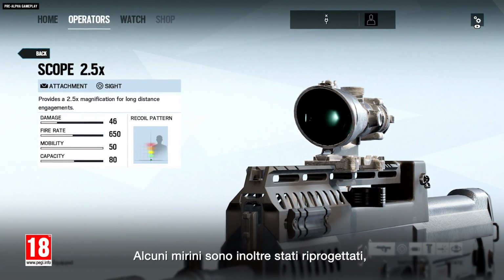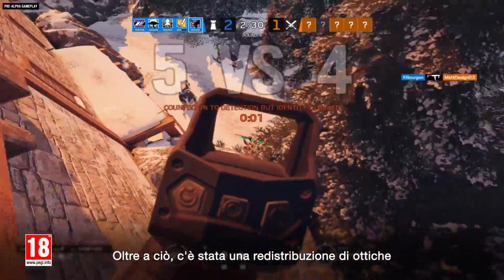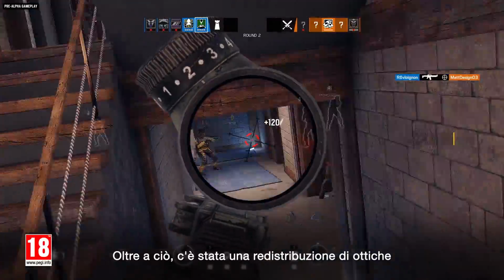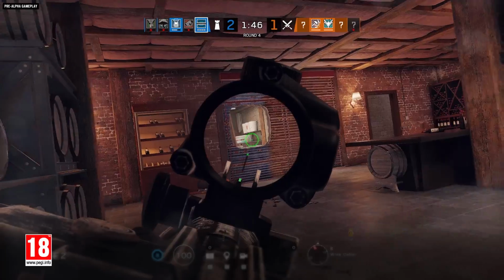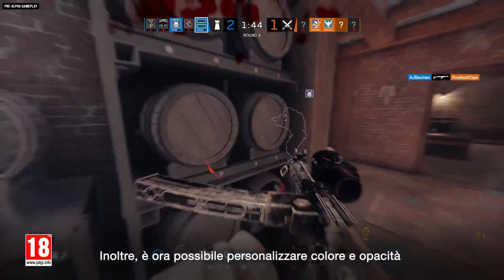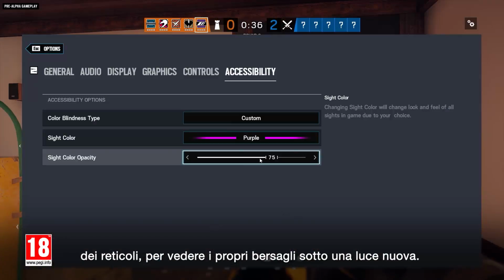There are also some redesigned sights, including a new red dot and a new holographic, as well as a general overhaul on which operators have which optics for which guns. Plus, you can now customize the color and opacity of your reticles to see your targets in a whole new